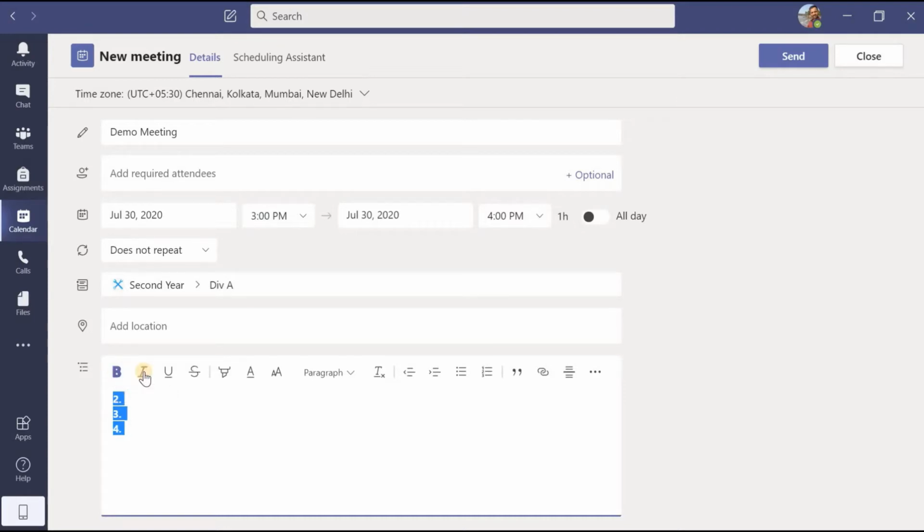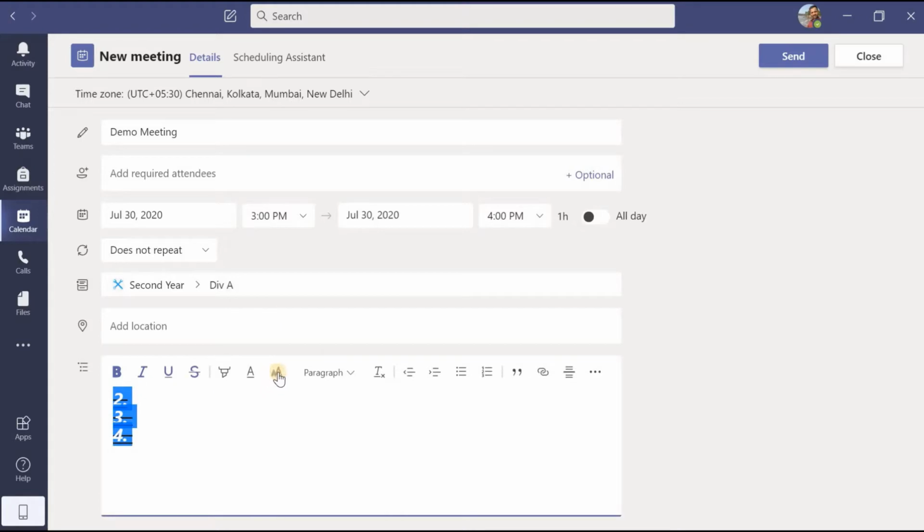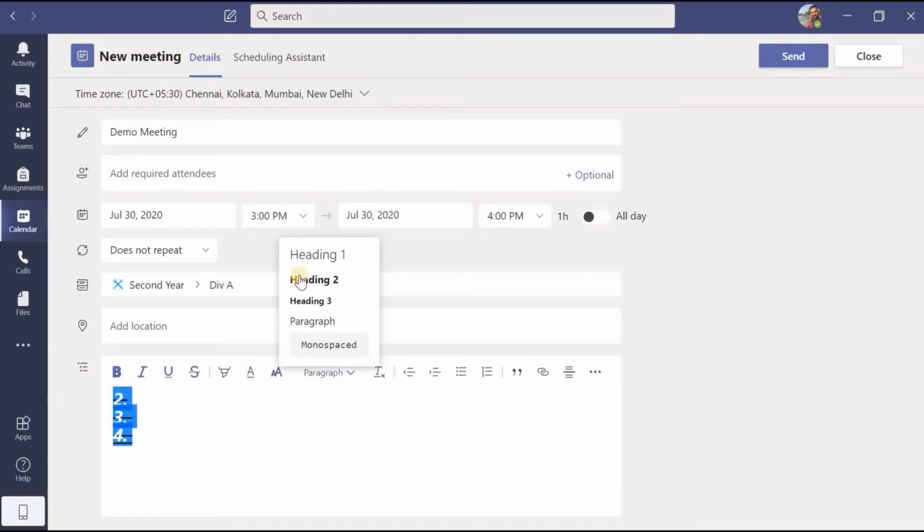That repetition will make us more and more user friendly with this application. I can make text bold, italic, underline, strike through. If I want to highlight, I can select any color and highlight a specific part. I can give different colors to the text, and make text large, medium or small. You can write in terms of heading 1, heading 2, heading 3 and paragraph.